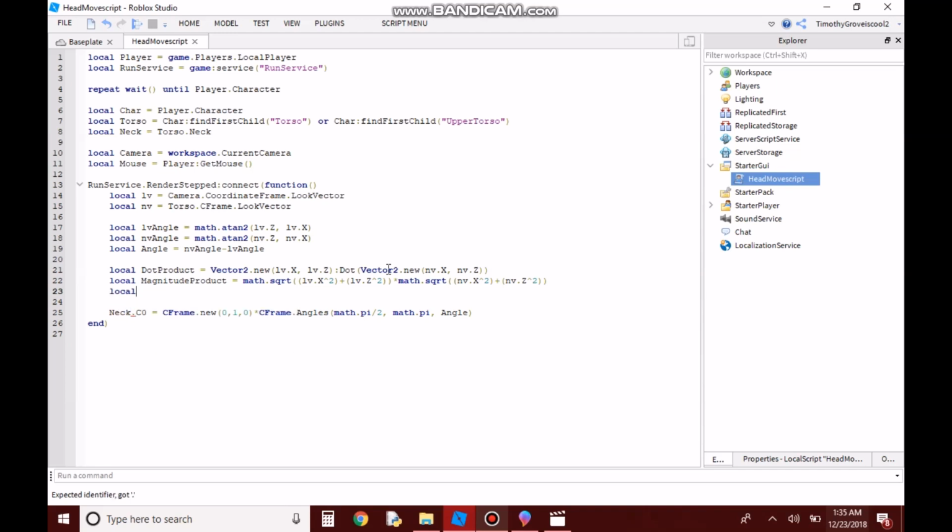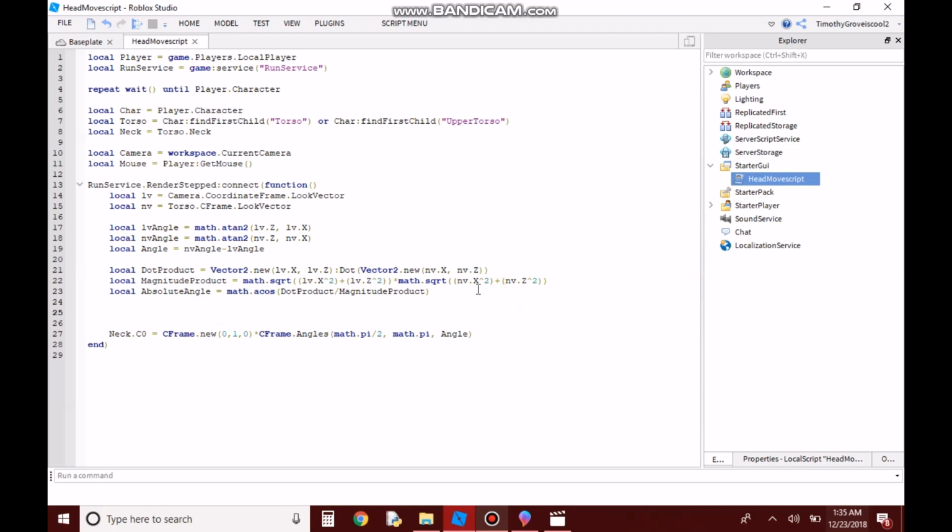So local absolute angle, since it'll be positive, equals dot product divided by the magnitude product, or the inverse cosine, so math.acos(dot product / magnitude product). Okay, so this should give us the angle. So what we want to do now is, if the absolute angle is greater than 90 degrees, so math.pi divided by 2, then,